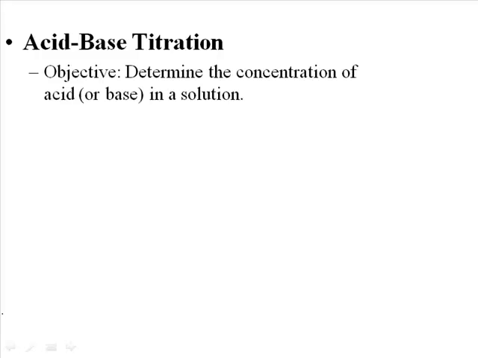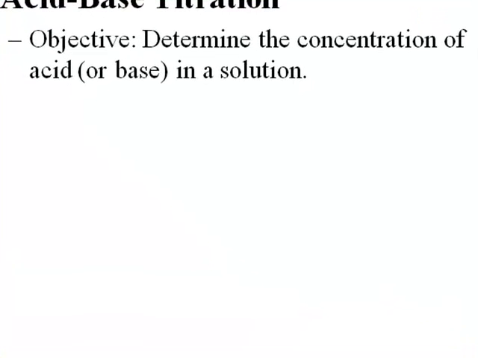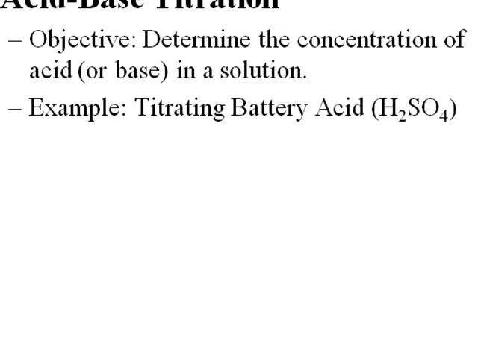One is to use a known acid to figure out the concentration of a base. The other is to use a known base to determine the concentration of an acid. In either case, your goal or your objective is always to determine the concentration of something that you don't know. One of the things we'll do in laboratory, which we'll use as an example now, is we'll actually titrate battery